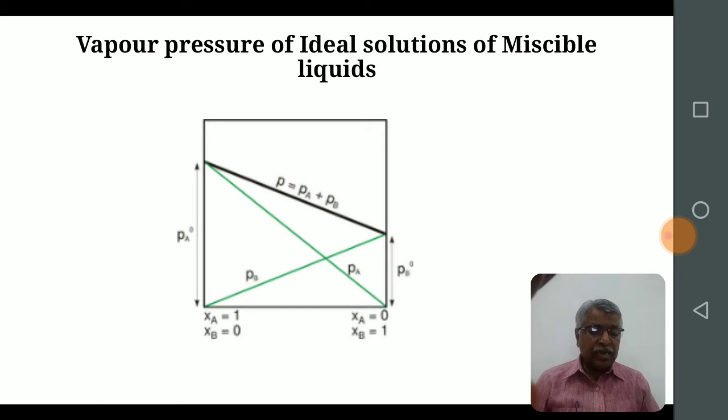The figure gives a plot of these equations for the partial pressures of individual components. The total vapor pressure has been obtained by adding Pa and Pb values corresponding to various mole fractions. In this case, total vapor pressure lies between the vapor pressures of pure components. For an ideal solution, we will obtain all the lines as straight lines.